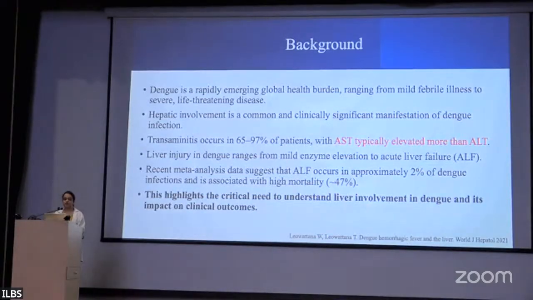Transaminitis occurs in 65 to 97% of the patients, with AST typically elevated more than ALT, and liver injury in dengue ranges from mild enzyme elevation to acute liver failure. Recent meta-analysis data suggests that ALF occurs in approximately 2% of dengue infections and is associated with high mortality of around 47%. This highlights the critical need to understand the liver involvement in dengue and its impact on clinical